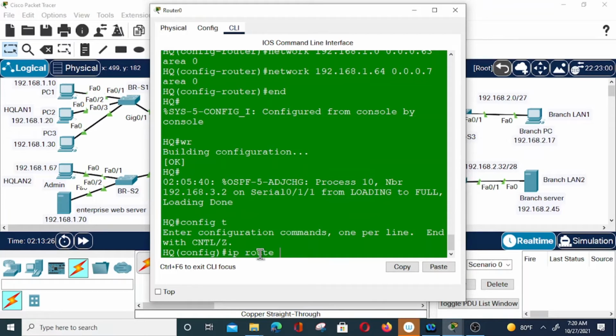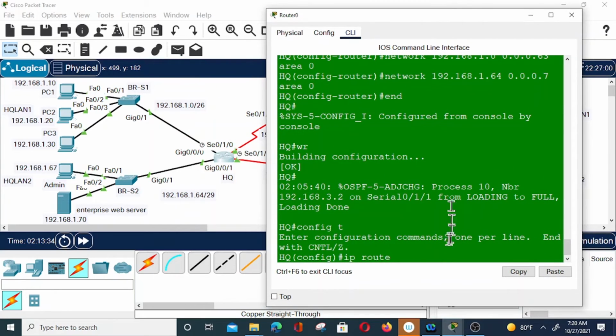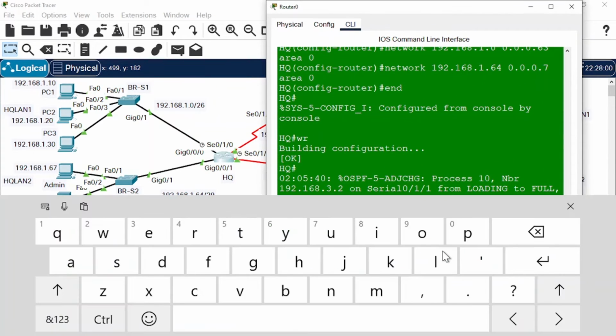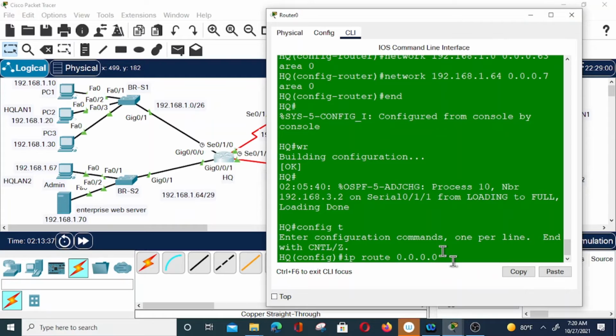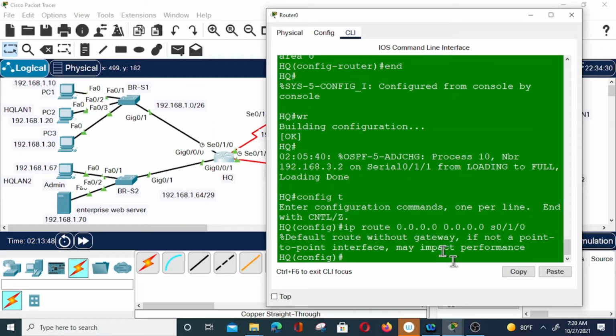IP route 0.0.0.0 0.0.0.0. The exit interface is S0/1/0. Alright, and then we need to